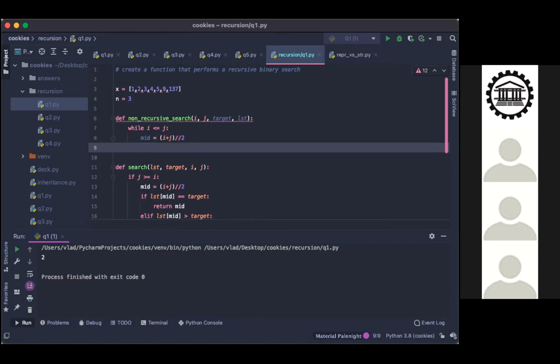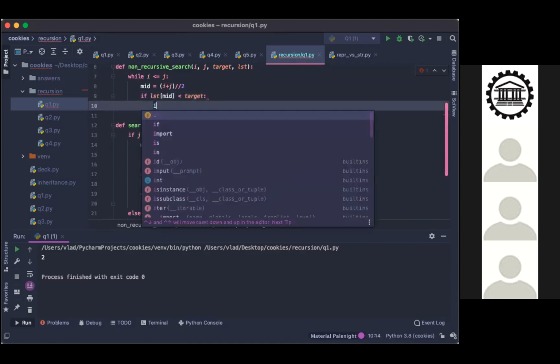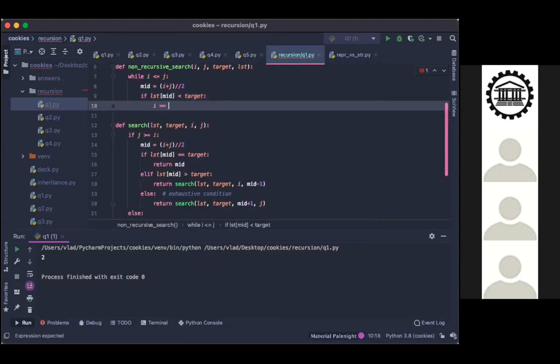Mid is still (I plus J) integer division 2. And now this is where the if statements happen. If LST[mid] is less than the target, we would say that I is now equal to mid plus 1.